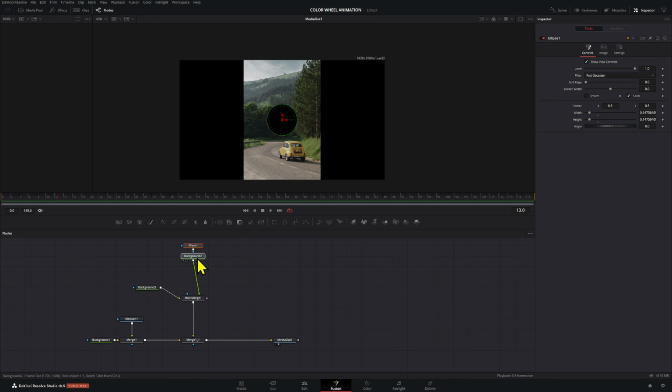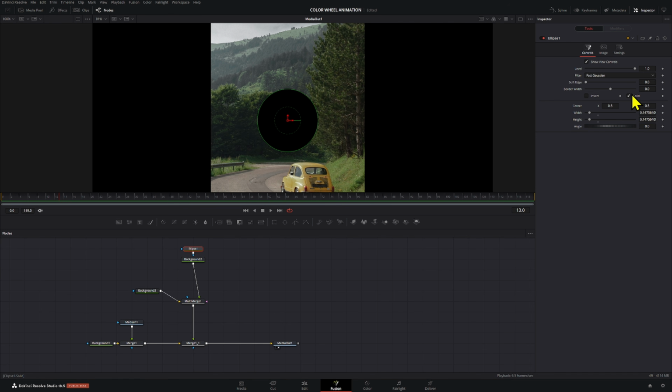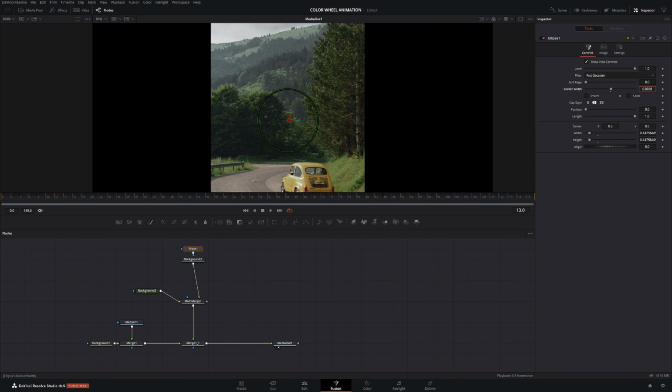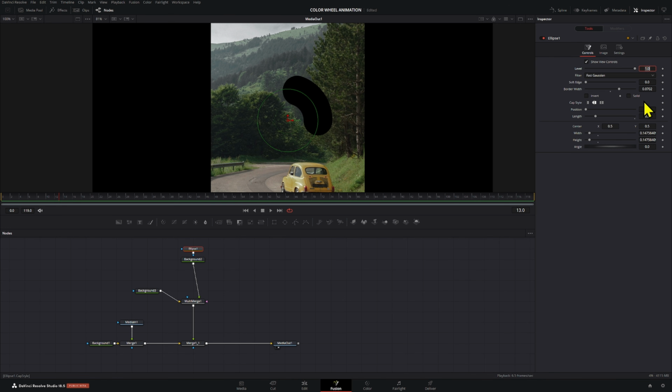Okay, we are right here, and the first thing we're gonna do is take the solid out and increase the border width to the size that you want. Maybe that's right there, it's fine. Then, depending on how many colors you're gonna use, let's say we're gonna do 5 again. If you do more than 5, all you have to do is put in whatever number you choose, and do 1 divided by that number. If it's 5, we're gonna do 1 divided by 5, and that's gonna be 0.2.